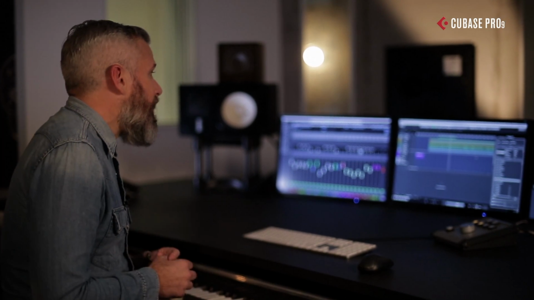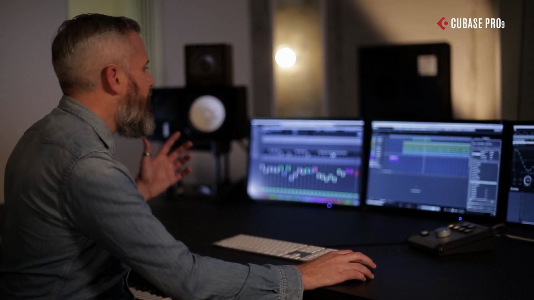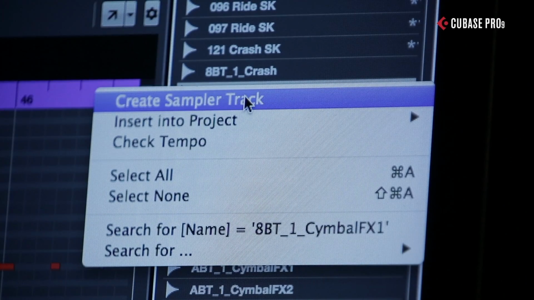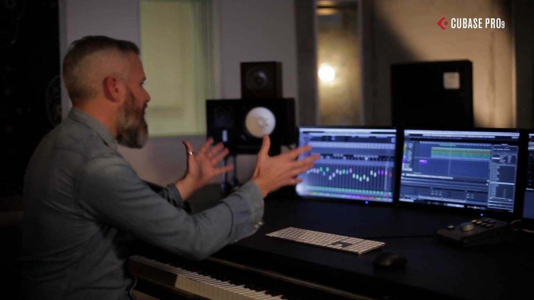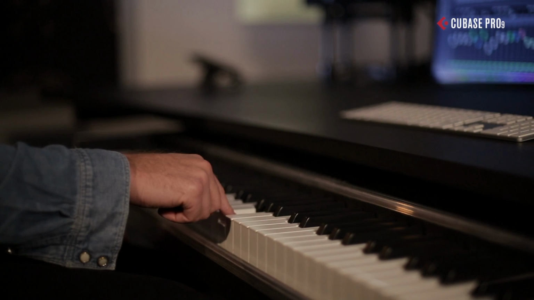One of the most important ways is to add additional sound into a project. For instance, I've got a drum track here, but I want to add an additional cymbal. So I've gone over to my media bay and I've found a cymbal that I want to insert, and I just right mouse click on that specific sample and then say create sampler track. And bang, there's a sample inside of the new sampler track,